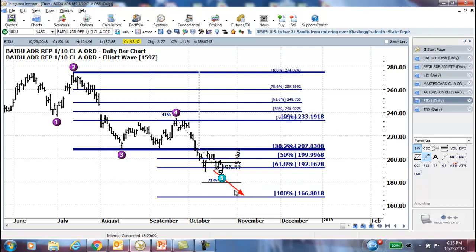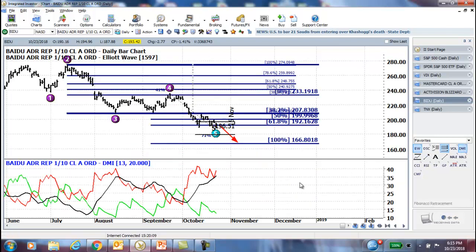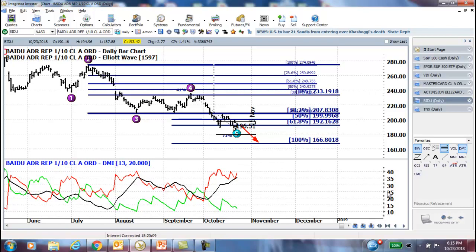Now remember, and I want to be very clear here, it's done what it was supposed to do. It's reached this wave 5 target. It's hit the appropriate Fibonacci extension, a 38.2% correction, hits a 61.8% extension. It's done that. It's done everything it's supposed to do. So if you're staying, then you're looking, based on everything that's going on in the markets, etc., for this to continue down. Now maybe you want to look at another indicator to give you some guidance on the strength,